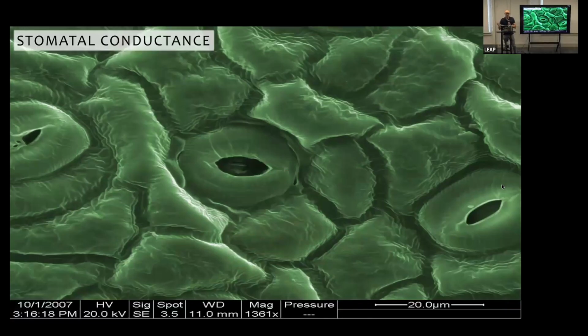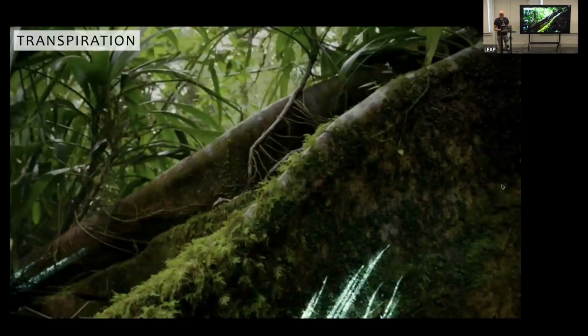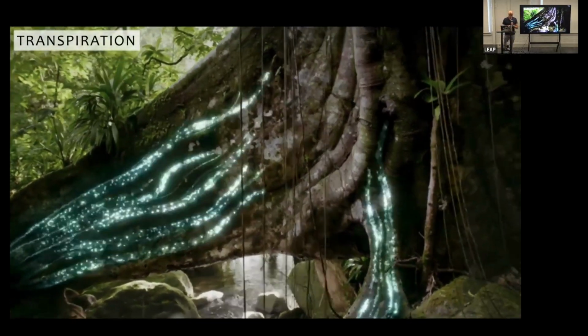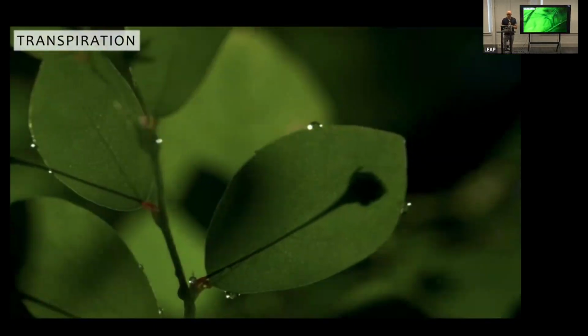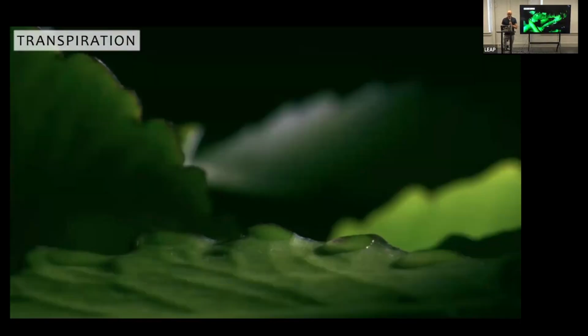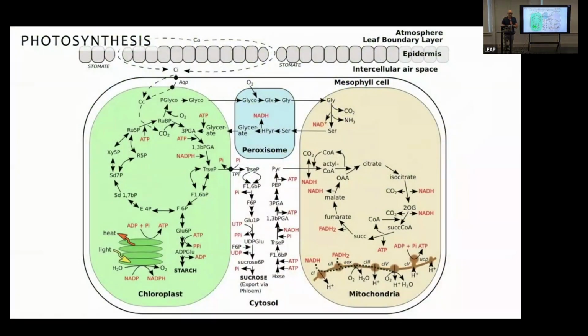We've got micron-sized pores on leaves. When open, they allow the land surface to take up carbon, and when closed, they stop taking up carbon. Also water through transpiration, influencing water, energy, and climate at large. This is a nice animation I stole from National Geographic showing transpiration. We've got photosynthesis, which operates on electrons, but we're not representing all these biochemical reactions in climate models. So there are assumptions and uncertainties introduced in how these processes work at the leaf scale.